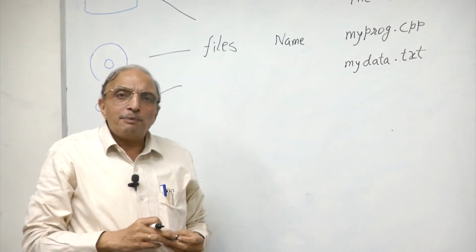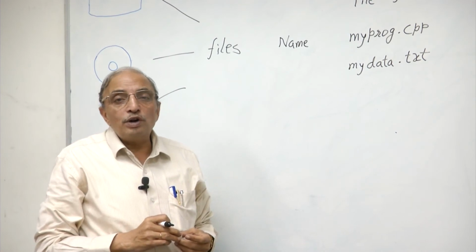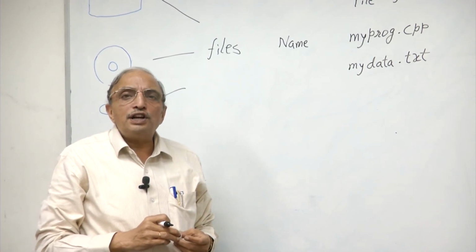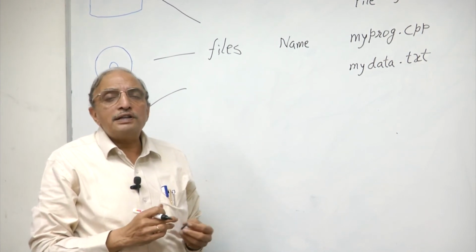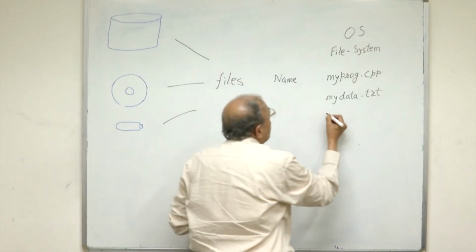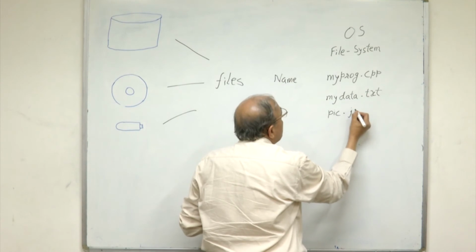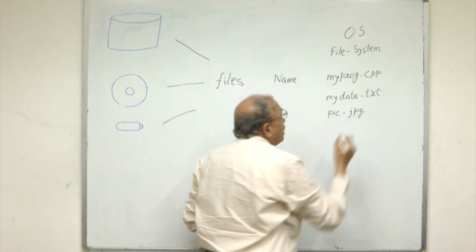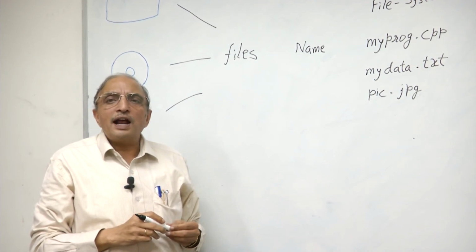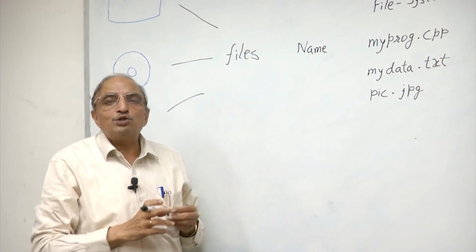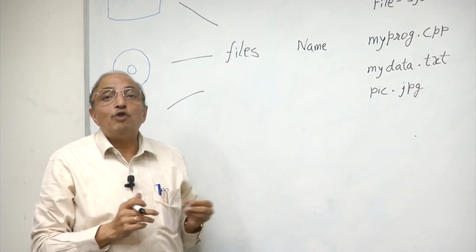There could be special types of files. We know, for example, that digital images can be stored in files, and these digital images could have their own format in which data is stored. For example, a JPEG file could be stored in, let us say, pic.jpg. Not only do the files have names and extensions, but the files themselves are organized within an external storage device in different subdirectories or folders.